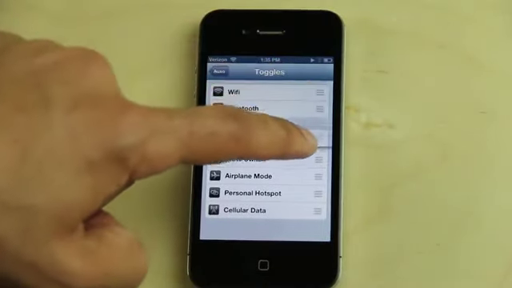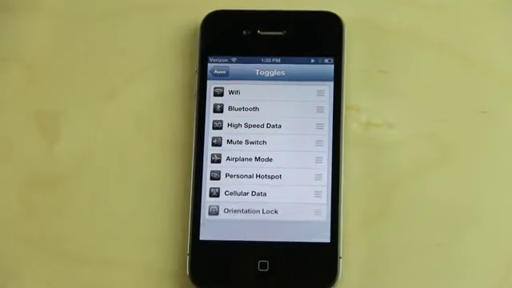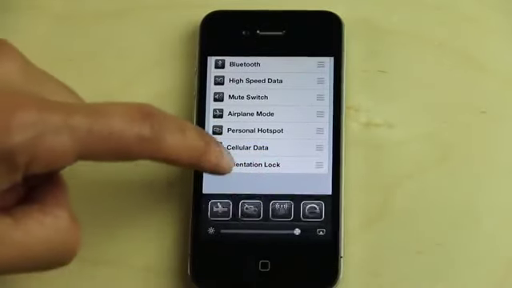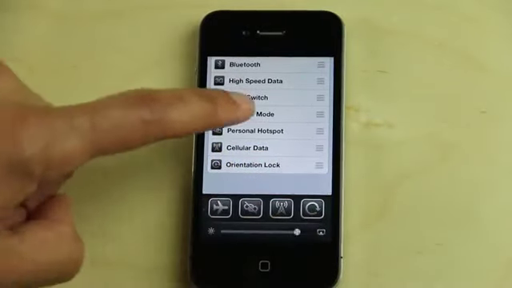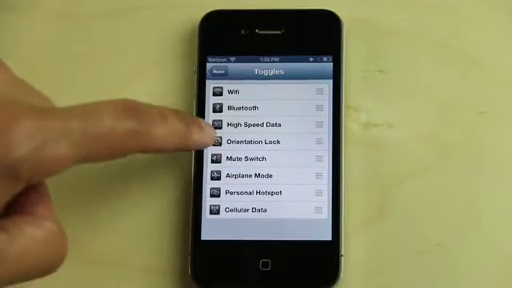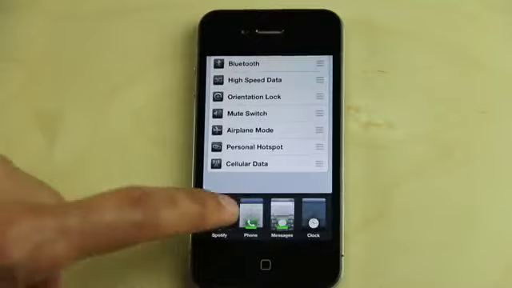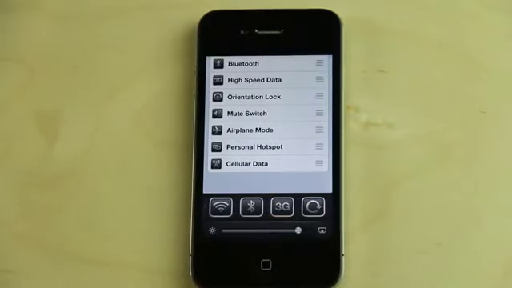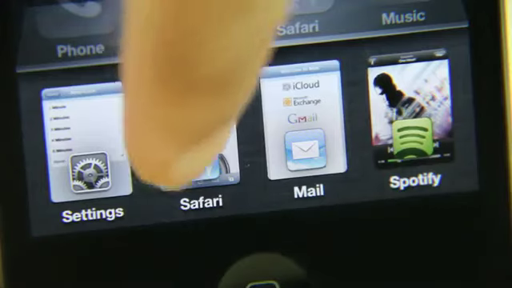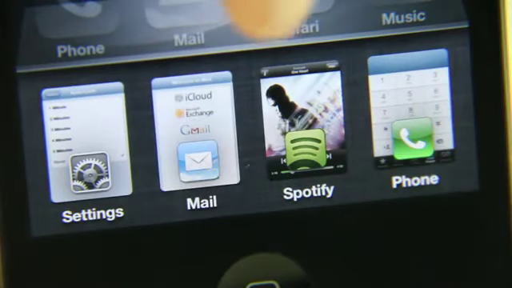You can configure the toggles. You can move them just like that on the fly. So when I move the orientation lock, it goes to the last section on the second page. Notice that. Now, if I move it up to the 4th position, it'll go to the last position on the first page because there's only 4 toggles per row. See that? And the awesome thing about that is that it's completely on the fly. No respring is required to reposition your toggles. So Auxo